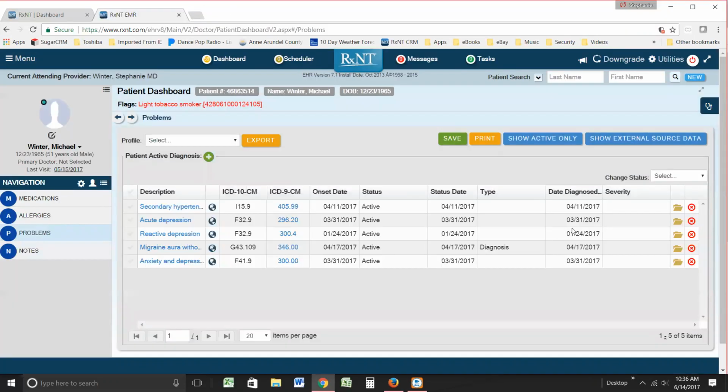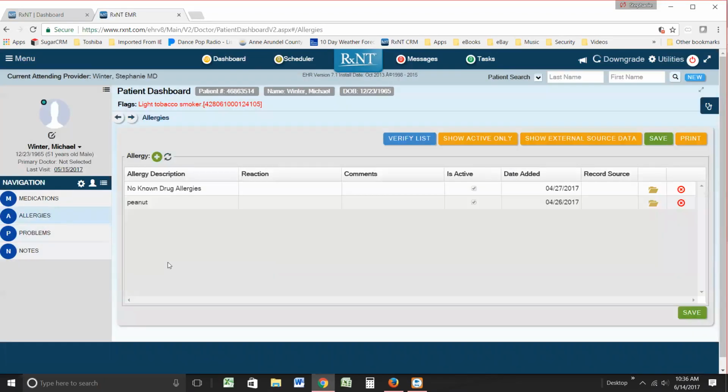From here, on the far right, you can also edit or delete if needed. Again, you do not have to enter in a diagnosis to e-prescribe. Above that are allergies. As we know, allergies are important with e-prescribing in that our system will do an automatic interaction check, taking into account the problems or diagnoses if entered, allergies, any medications being taken by the patient, as well as age-based therapy and food